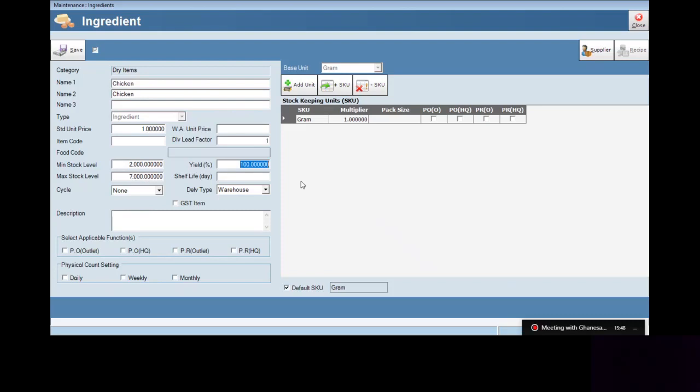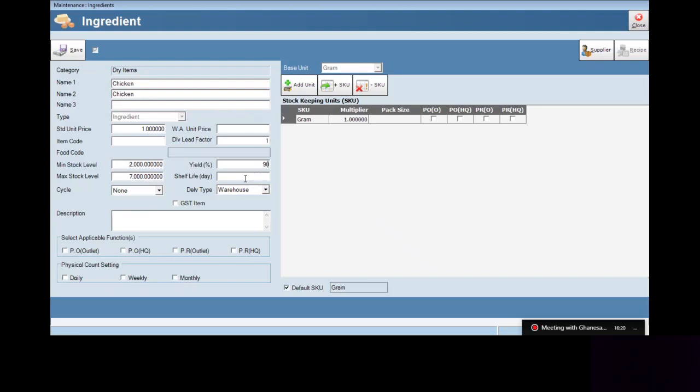So in the yield, you can set a percentage of 90%. This means the system will automatically calculate your actual meat as 900 grams. Based on the balance of 10 percent, assumed to be 100 grams, it will automatically go under the yield. That can be viewed in the yield report, which we'll show later when we refer to the report section.